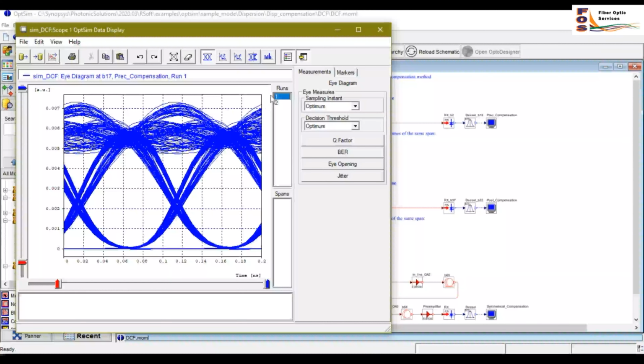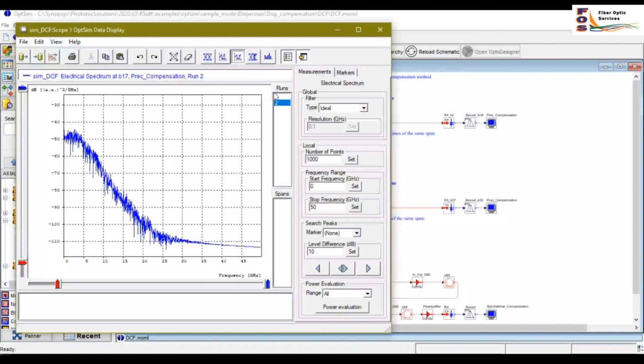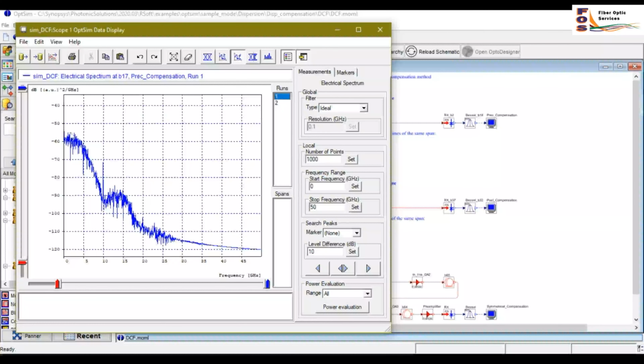One is for the 5 dBm power and the second is for the 10 dBm power. The same way you can analyze the spectrum for different runs. You can see the variations. Likewise, you can analyze the impact of nonlinearity on the system for different optical powers.